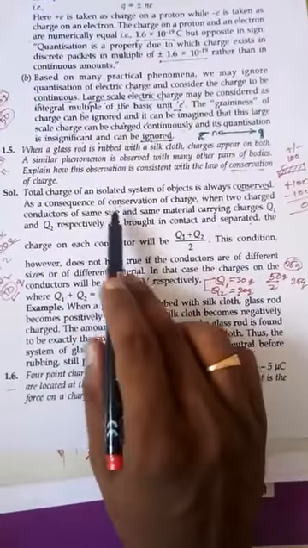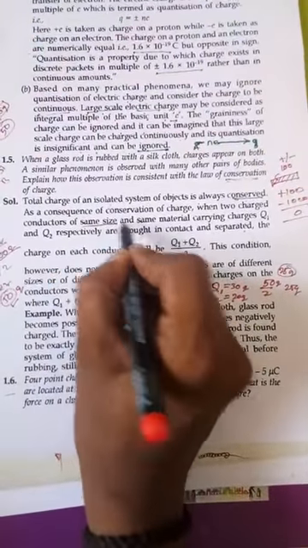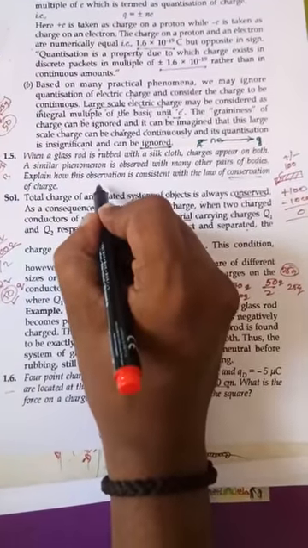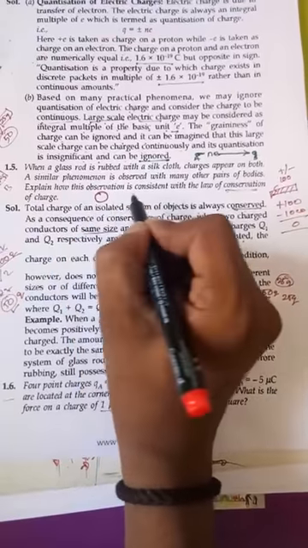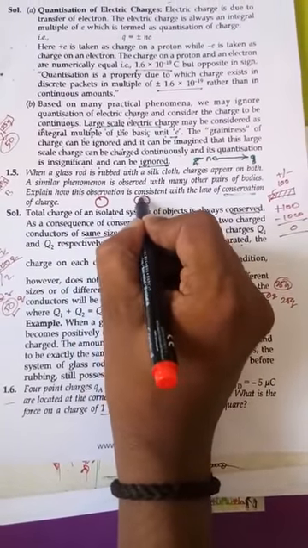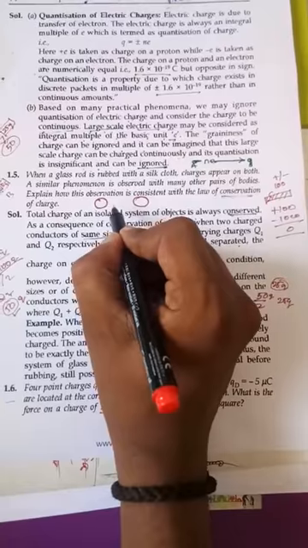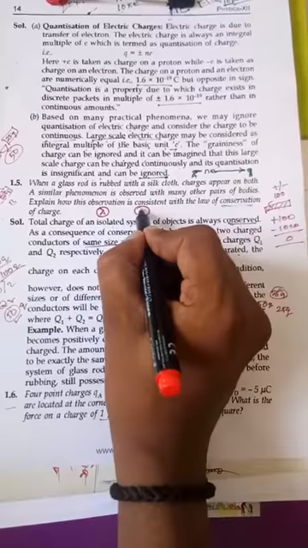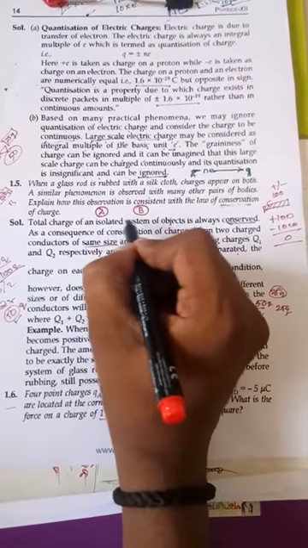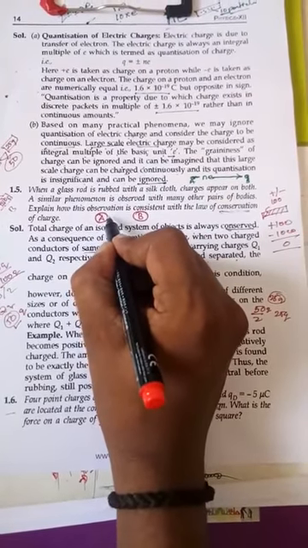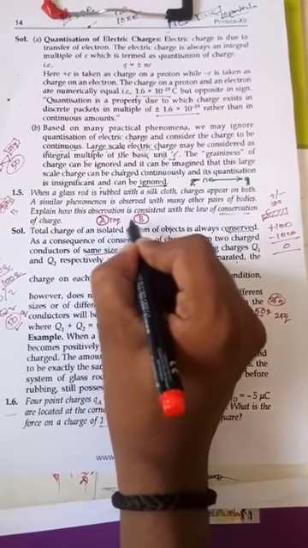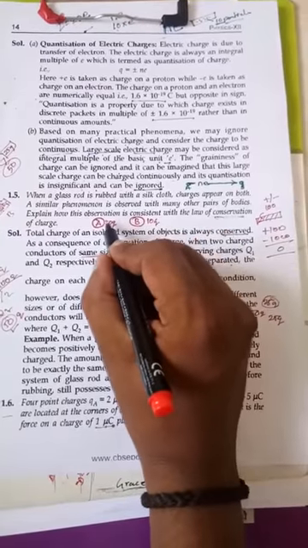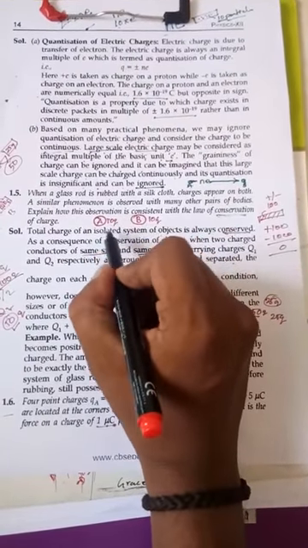Very simple. You see, if we consider same size, same material. Same size and same material means, for example, two objects made up of iron. You take object A and B, both the same size and same material. Suppose this has 10Q charge, and this also has 10Q charge. How do we find the total charge?